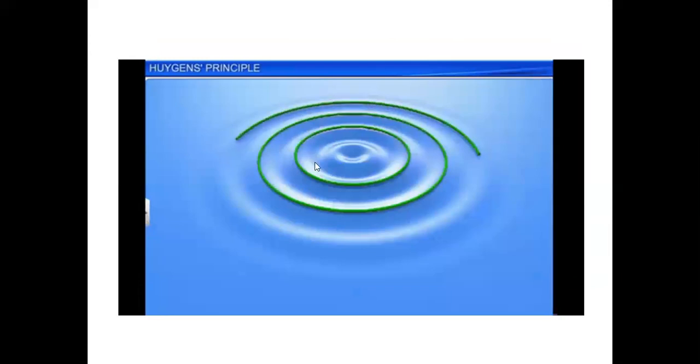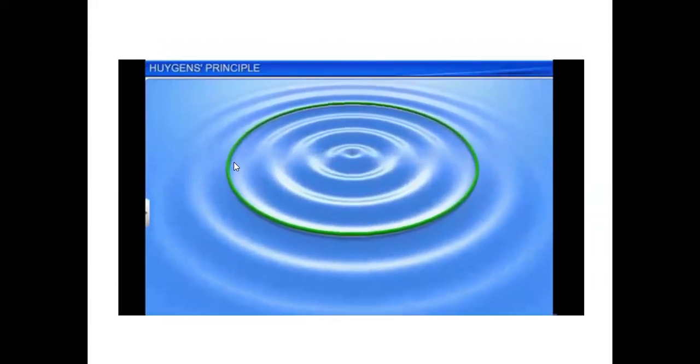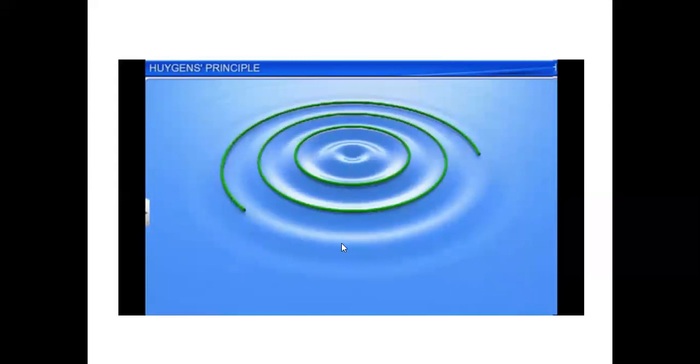So this is another wavefront, and this disturbance keeps on moving forward, and we get water ripples, right? So this is one wavefront, and that disturbance makes the other molecules disturb, and the wavefront continues. When the particles at a particular point vibrate, since the other molecules of water are also attached to this set of molecules, they also continue to vibrate. So the wavefront grows in a particular direction, and a normal drawn to any wavefront gives the direction of propagation of the wave. Here you have to draw a normal to this wavefront.